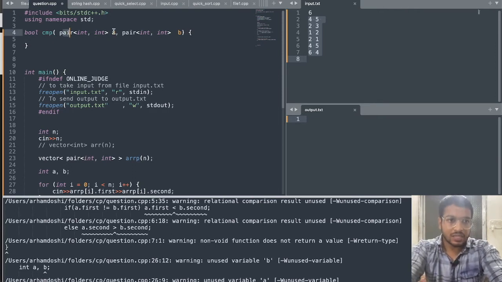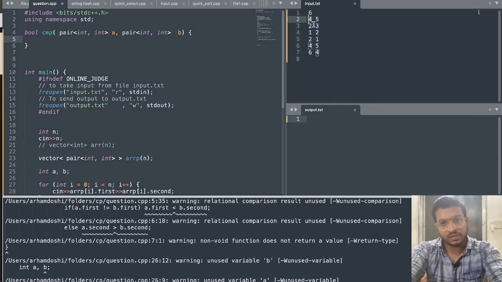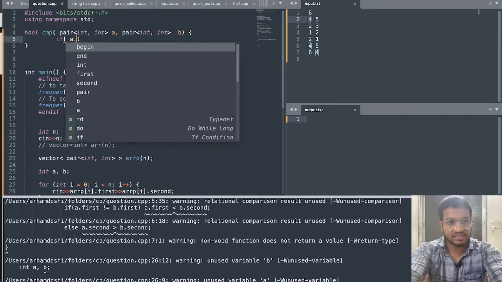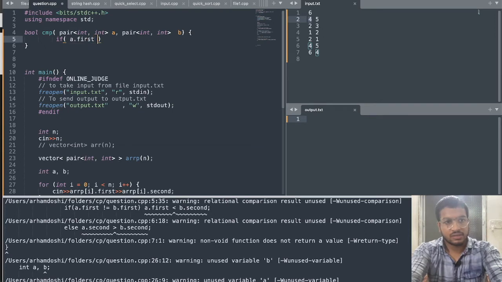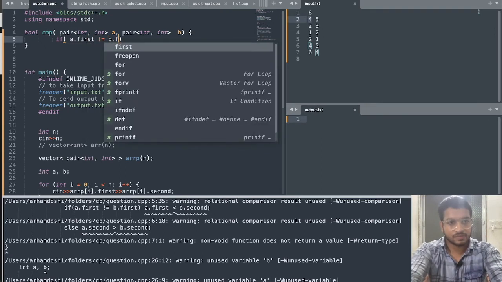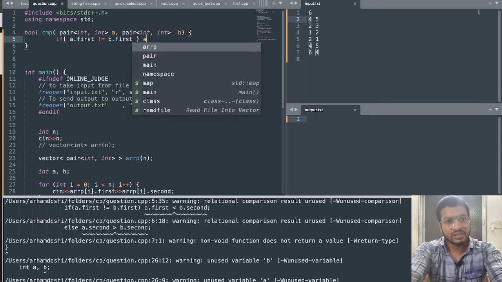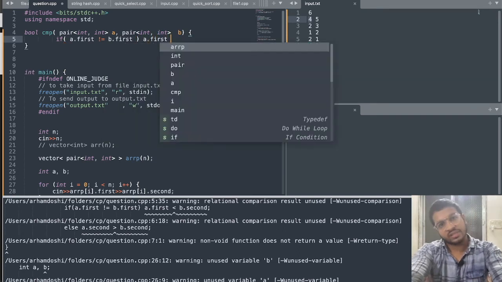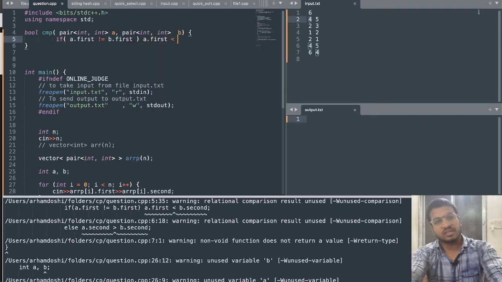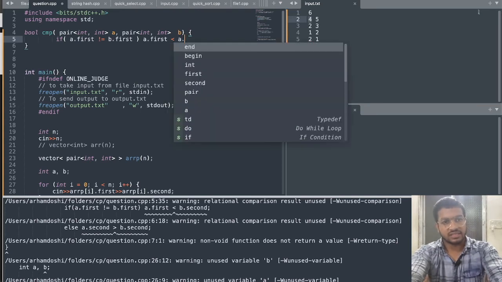It will take two arguments, 1 and 2. If the first element of the pair is different, then we want the smaller element to the right side. Okay, so if they are not equal, then we will return true if the smaller element is on the right side. Okay,